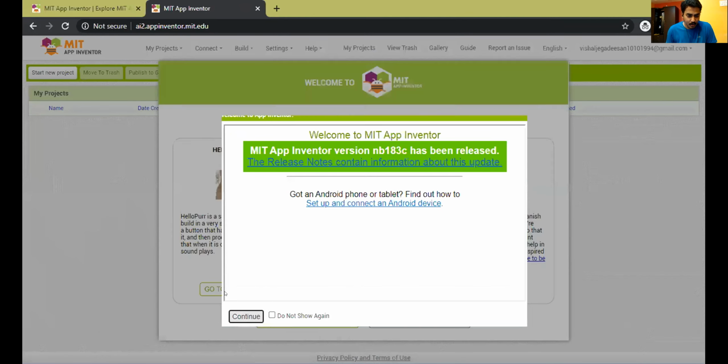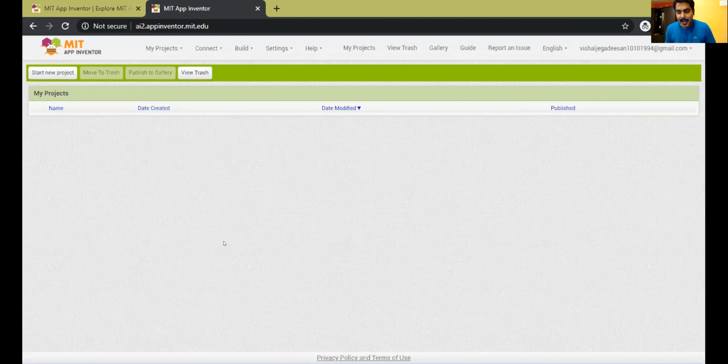Right, so here only we are going to develop the project, the app. We are going to create a simple app. I'm going to have a button inside my app, and when I click that button, the background color of the app will keep changing randomly. This is what I'm going to do today, and I'm going to teach you how it is going to work.